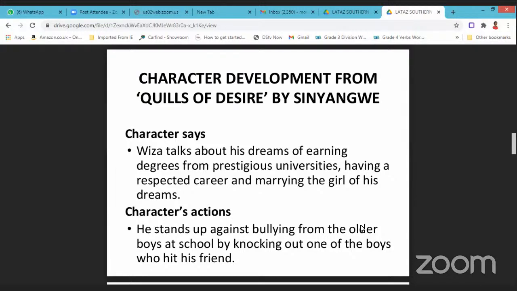When you read through the book, you will find Wiza talks about his dreams of earning degrees from prestigious universities, having a respected career, marrying the girl of his dreams. He constantly thinks about this